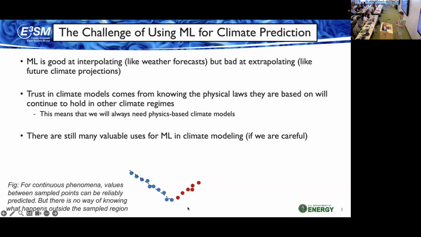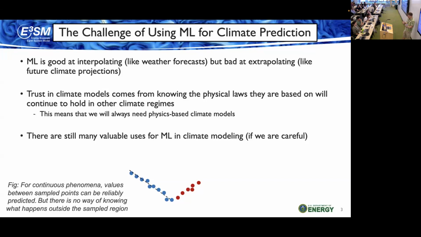I think that's a really important thing to keep in mind when we're talking about machine learning. A lot of people use it for hole-filling kinds of applications, but I think you have to ask yourself, do you really know what's in that hole? Because if not, then it's just making something up. And so as a result, even though weather forecasting models and climate models are basically the same thing, I think that the way that we know that we're getting the right answer is completely different, right? Like, I don't care if my weather forecast model is just made up of a bunch of gibberish, if it always gives me the right answer, right? That's all I care about.